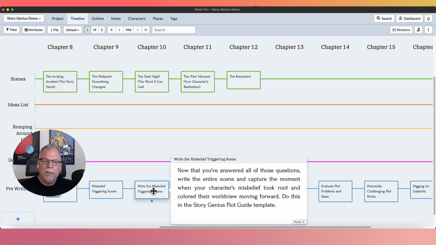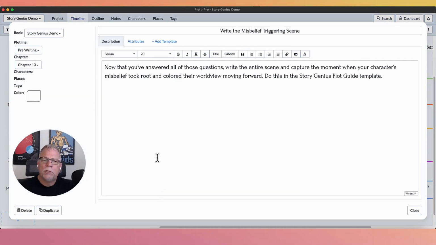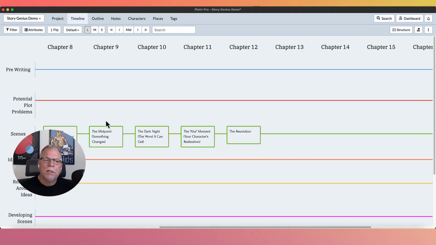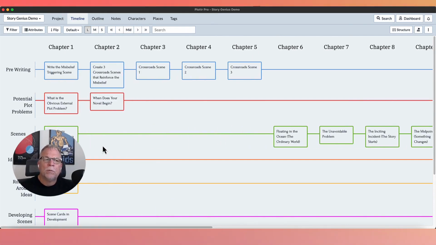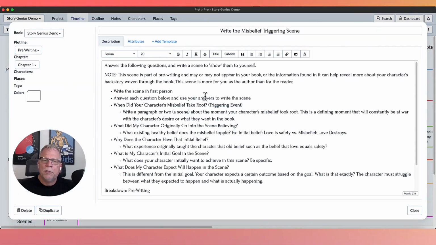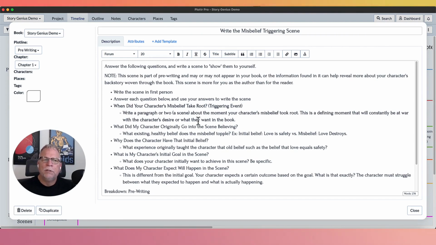Now you can write it here. Now that you've answered all those questions, write the entire scene, capture the moment when your character's misbelief took root, and color the worldview moving forward. Do this in the Story Genius plot guide template. So there's a place for this in the plot guide template, and that is right up here in the pre-writing stage where it says write the misbelief-triggering scene. Okay, and there's some notes here that are designed to help you